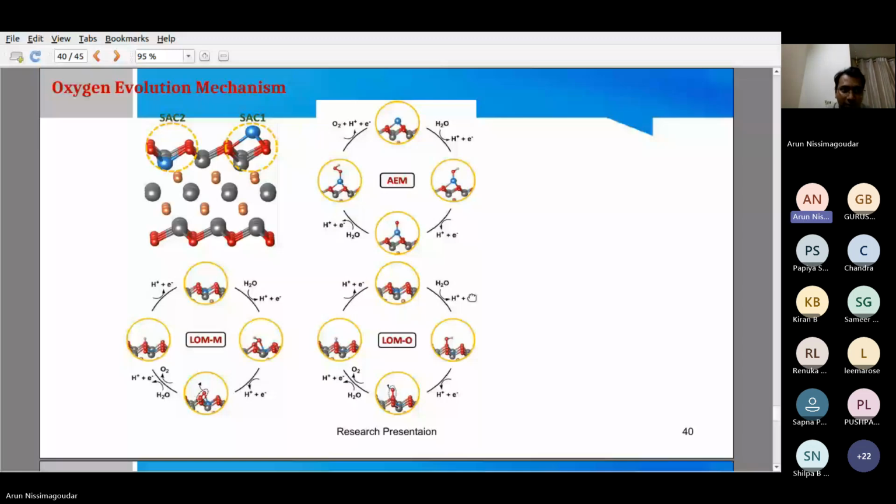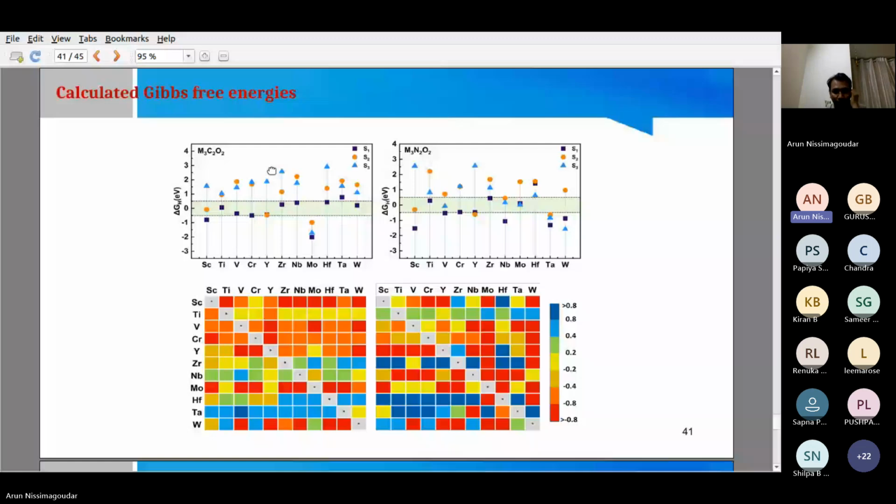And this is the Gibbs free energy plot for different materials. Like we said, we have made different configurations of MXenes, and from there we tried to get the Gibbs free energy for both the oxygen evolution reaction as well as the hydrogen evolution reaction. So here, for a material to be good for HER, its Gibbs free energy should be near zero. We can see the different combinations of MXenes we plotted, and here we show the Gibbs free energies which are near zero. They are good for our